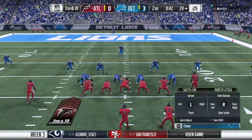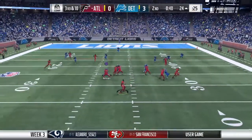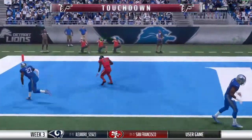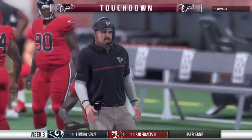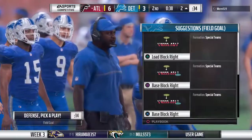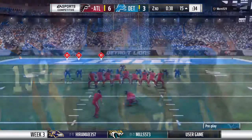This is 3rd and 10. The defensive line disperses a little bit here, maybe expecting a pass. And he is into the end zone for a Falcon touchdown. And while that touchdown does not give them an insurmountable lead, it's still a lead, and that always feels good